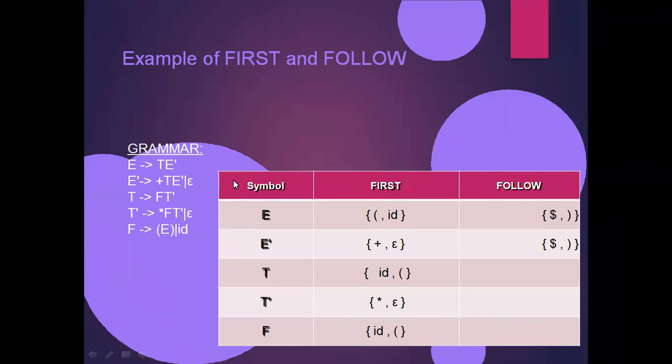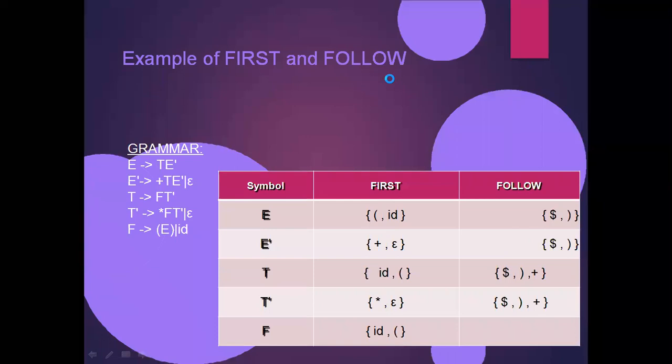Our output of the variable should need a dollar. So we're applying the rule follow of A is equal to follow of B. Here E dash is equal to T, E is equal to T. What it means is follow of E is equal to follow of E dash is equal to follow of T. That means already here we get plus union, follow of E union follow of E dash. For both follow of E and follow of E dash, we have the same outputs. So plus union dollar, comma, closed parenthesis. What is the output? Plus, comma, closed parenthesis, comma, dollar.